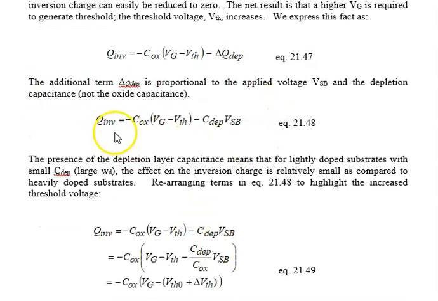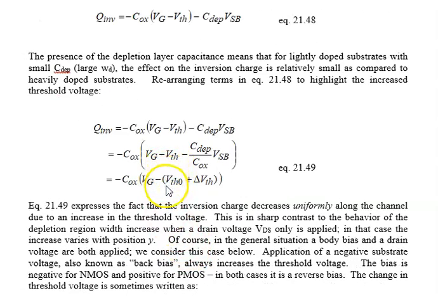So here we have the new Q inversion, and here it is, right here, and we can just manipulate that so that now what we're doing in effect is we are changing the threshold voltage. This is the old threshold voltage. We are now increasing the threshold voltage by this amount right here, C depletion divided by Cox. Gosh, that looks a lot like m or k. So we're not going to be surprised to see that we have the body constant in this new theory.